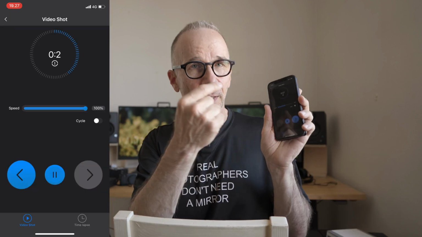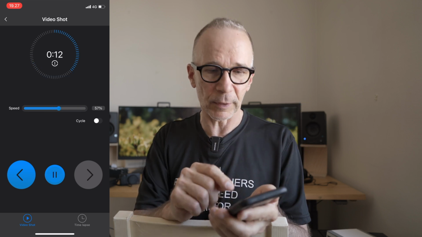And one more extra tip if you plan to buy a slider. Make sure it has a phone app that you can use to remotely control the slider. This YC Onion has a really nice phone app that I can use to control the slider. I can start the slider like so. I can set the speed of the slider like so. I can stop it, and I can change the direction of the slider from my phone. And I would consider this as an essential feature also for any slider.